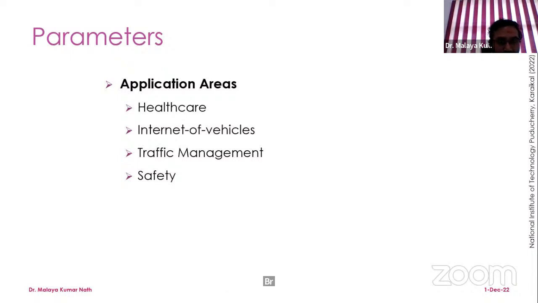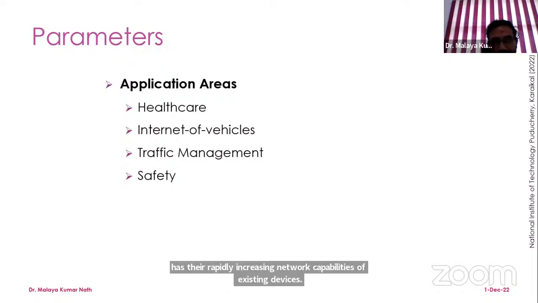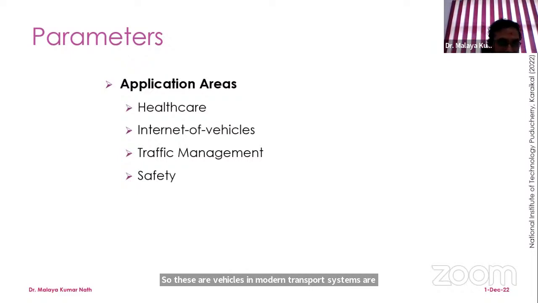So these vehicles in modern transport systems are usually equipped with different types of devices, sensors, intelligent software to connect to other vehicles, roadside units, as well as to transmit the information or the data to other devices. So by introducing blockchain into the Internet of Vehicle network, the data can be securely shared among the different